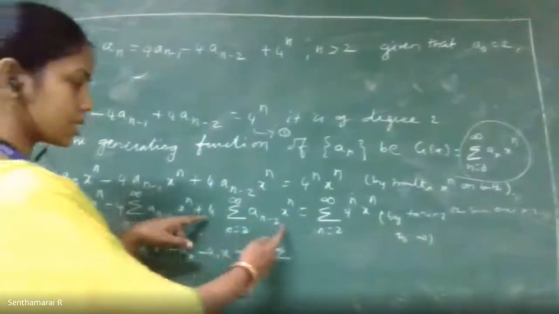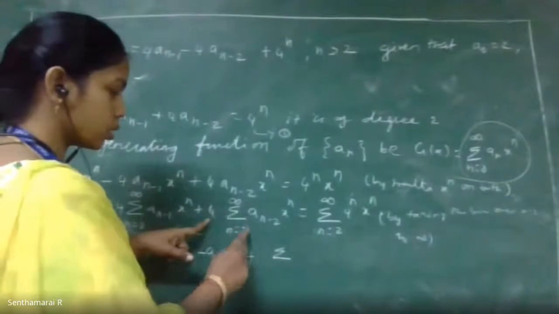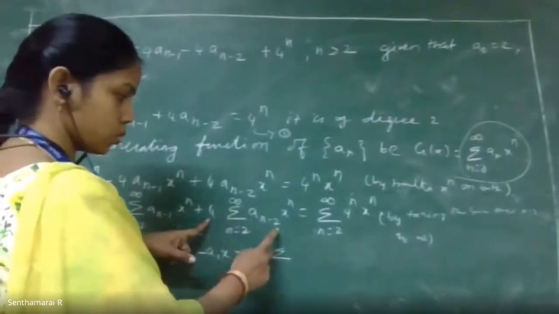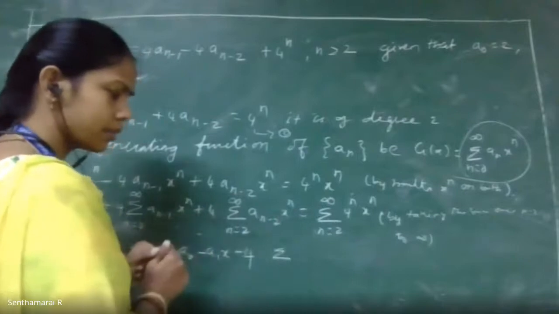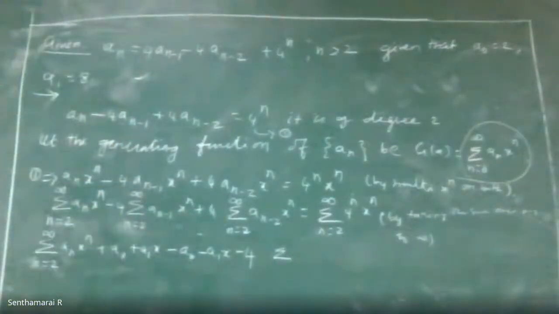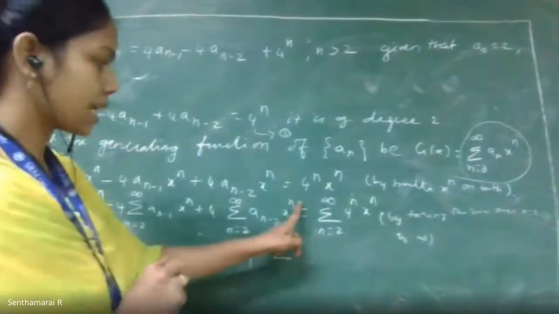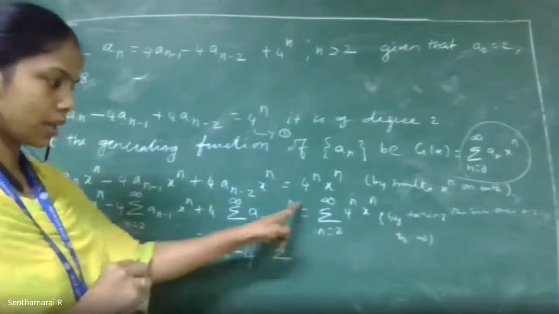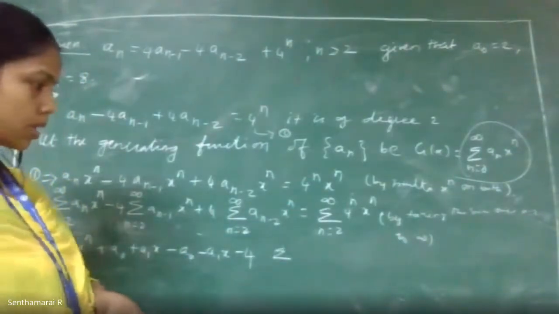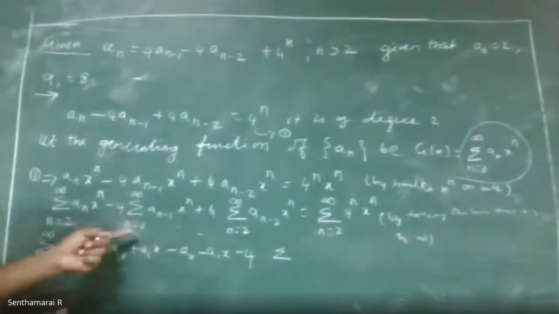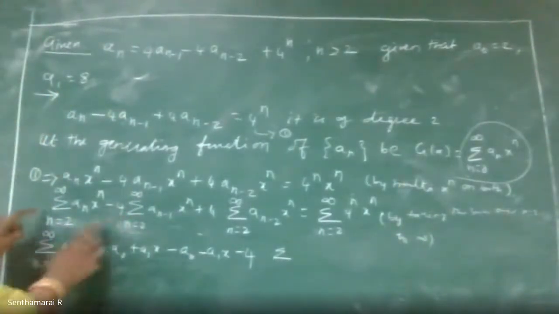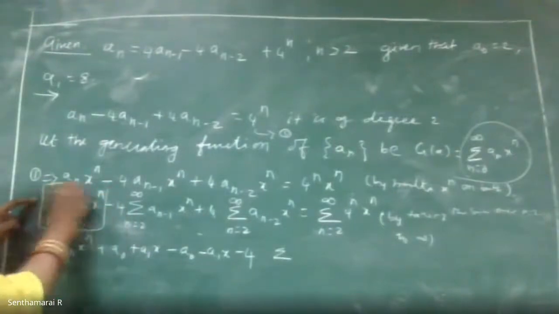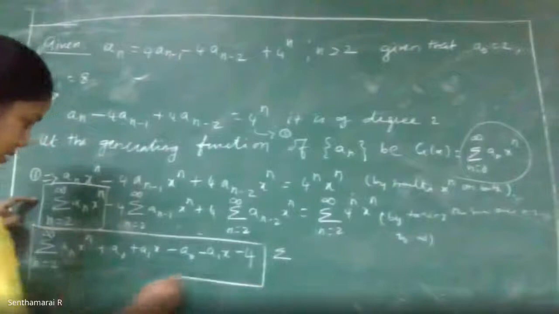Okay. In the next term, here you see the summation n equal to 2 to infinity, a n minus 2. What do I need in the second term? It should be multiplied with x squared, so that the numerator suffix n minus 2 means here also I need n minus 2. Is it clear or not? Here we have to change. First term only we changed. For the first term, I made the changes like this.